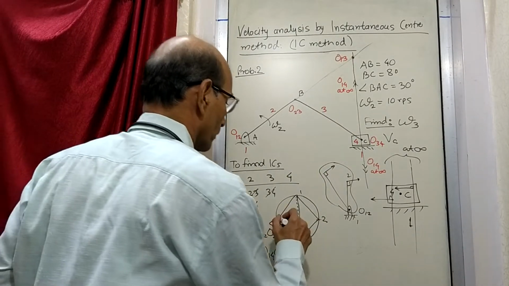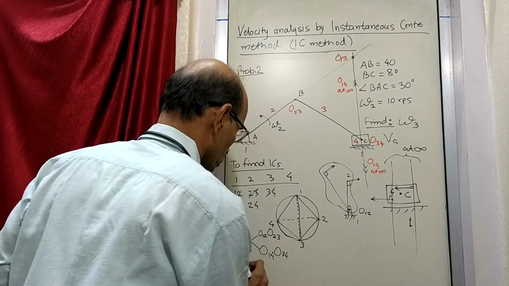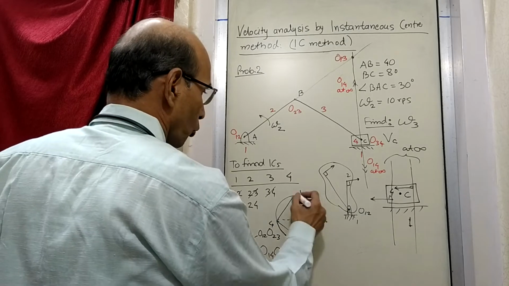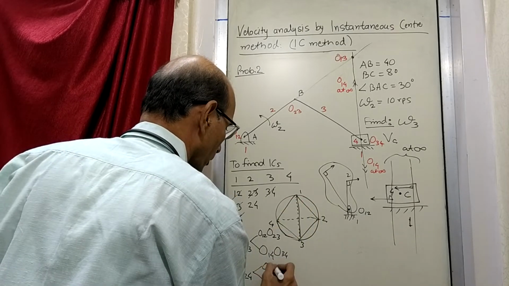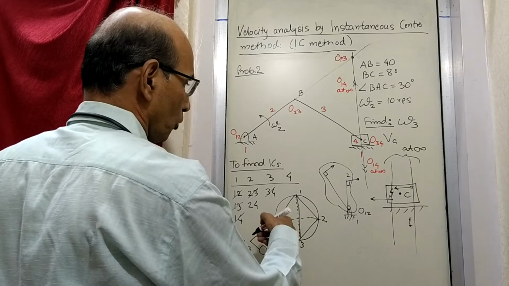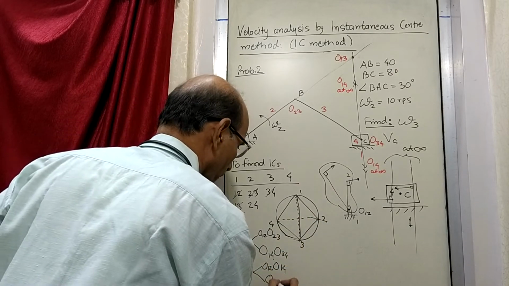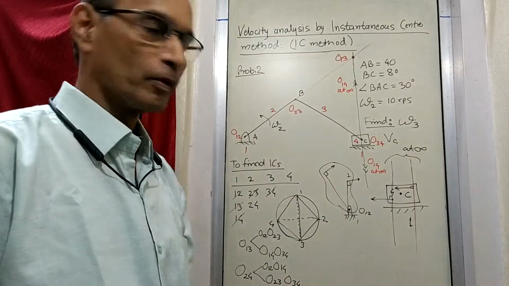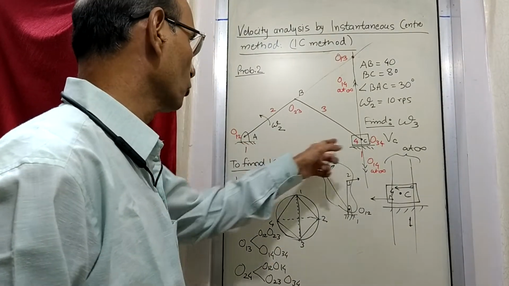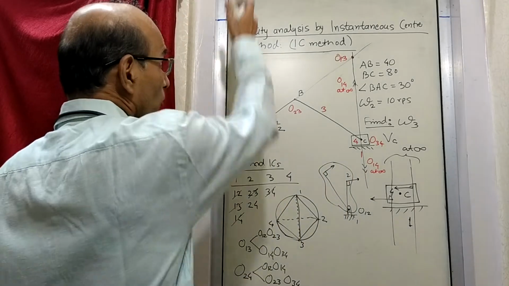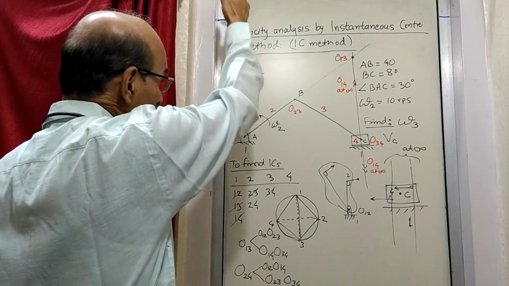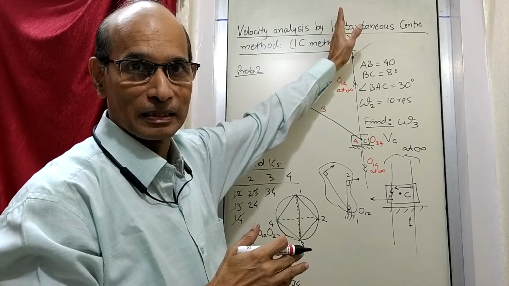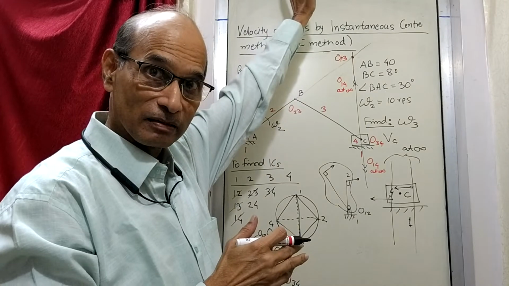Now 2, 4. So how do we find out O24? For that we use 1, 2, 1, 4, that is O12, O14, and 2, 3, 3, 4. So now where is 1, 2, 1, 4? 1, 2 here, 1, 4 here. Another 1, 2 here, 1, 4 here. So from that 1, 4 at infinity, we draw a line like this. See, infinity is in this direction. It is not exactly above this, like that. It is in this direction at infinity.